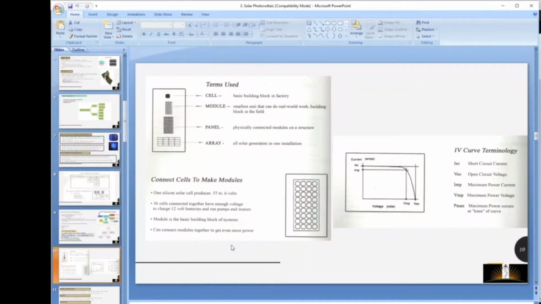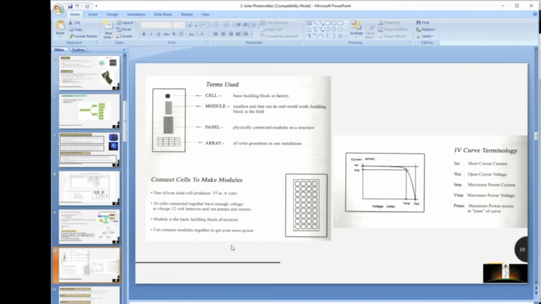IMP and VMP are the current and voltage that the panel generally generates when it is in operating mode. So IMP and VMP is what we are getting in the output. ISC and VOC are the terms we use for designing our protection system. I hope now it's clear. IMP and VMP are what we get as output that will show in your simulation result. ISC and VOC are only used for the protection designing.